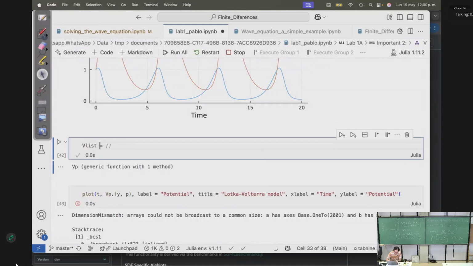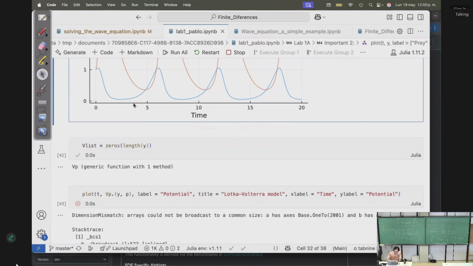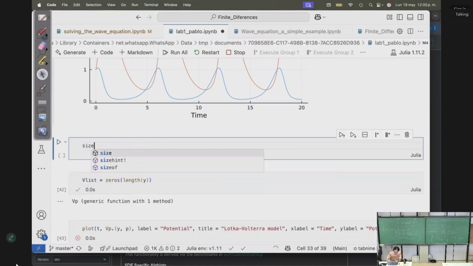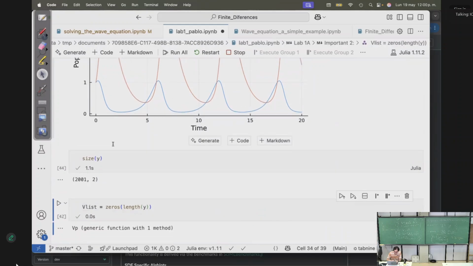B list equals zeros, length y, size y would be equal to